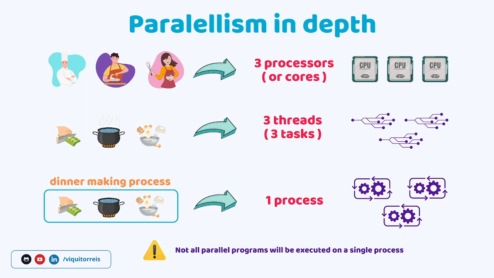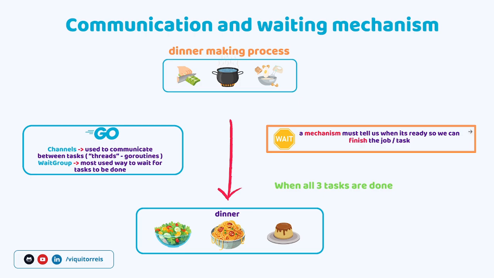But to ensure all tasks are completed efficiently and in sync, we need a way for these tasks to communicate their progress and a method to wait for all of them to finish. In Go, the most commonly used tools for this purpose are channels and wait groups. So they are the most used ones, right? So you have your process, and you have all the tasks or threads inside this process, right? And you need a way to communicate when the tasks are done, so you can assemble all your dinner, right? So most of the time you will use channels and wait groups,